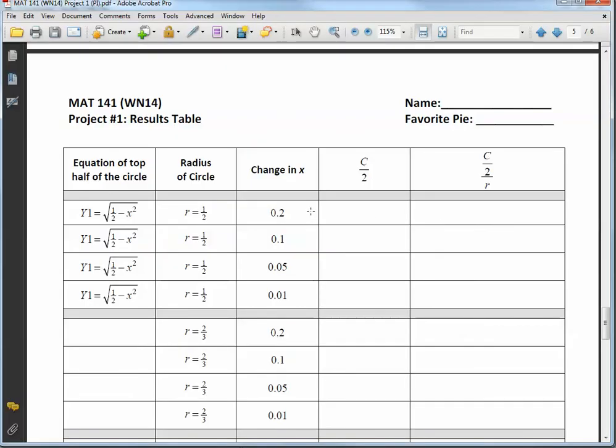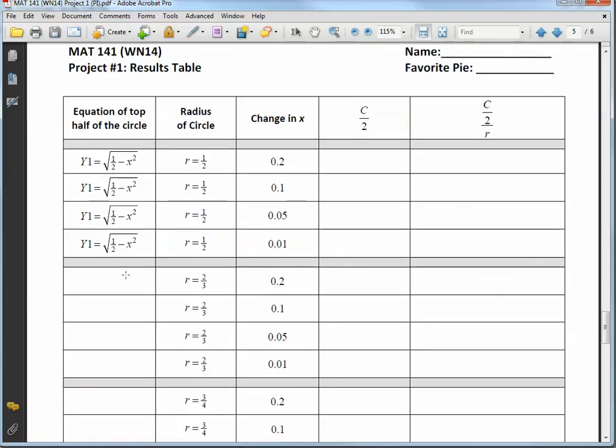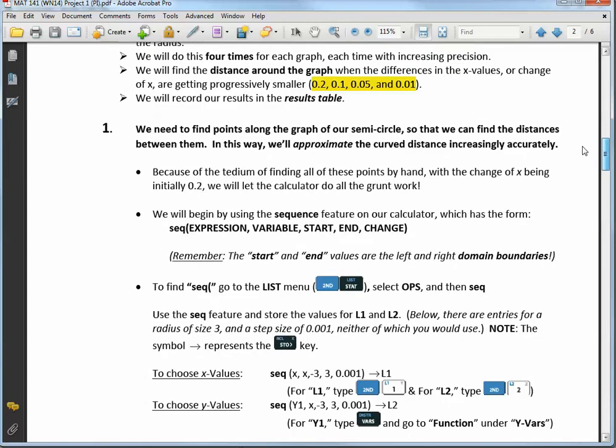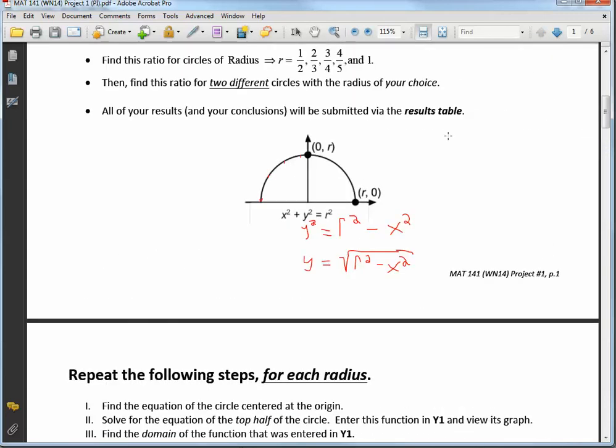The biggest trick is in between each trial, make sure you delete your lists, right? That becomes important. And of course, once you step down here, you have to come up with a new equation, which means we're starting from a new left-hand side and right-hand side, right? So depending on what the value of r is, up here in the diagram, it could go further out this way and further out that way, depending on how big r is. So make sure you're clearing out your lists in between each trial,